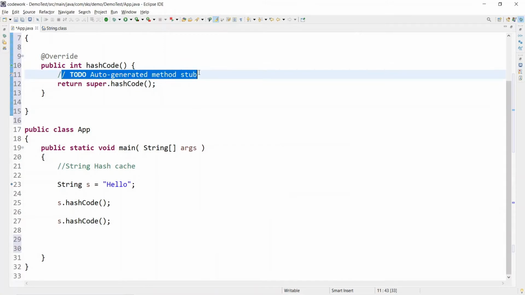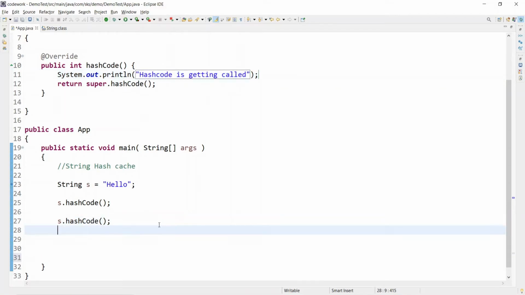And here let's print out that hash code is getting called.